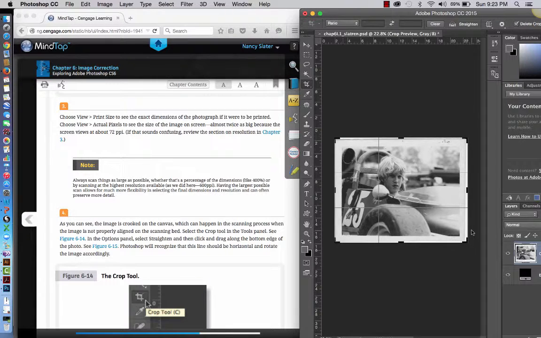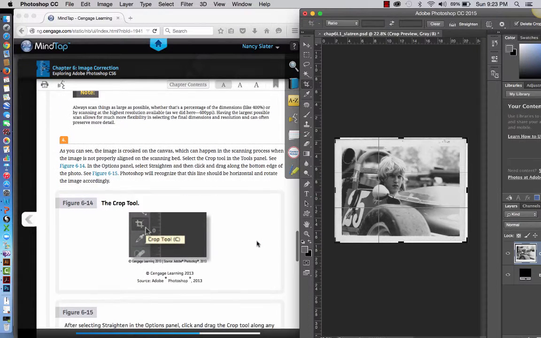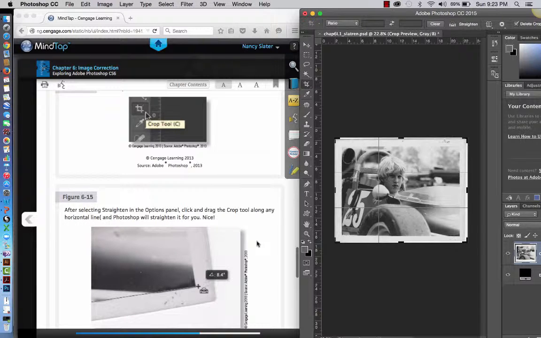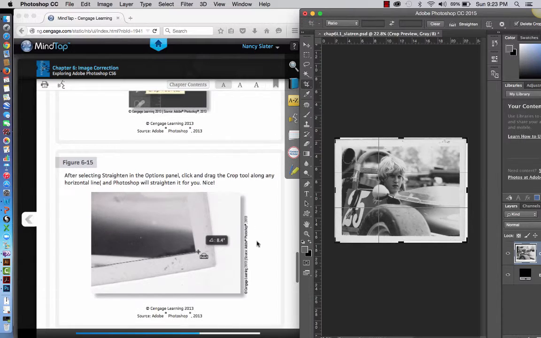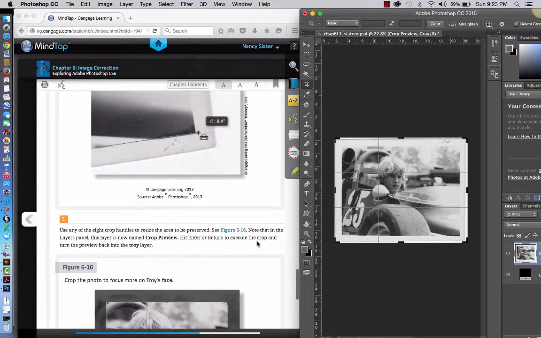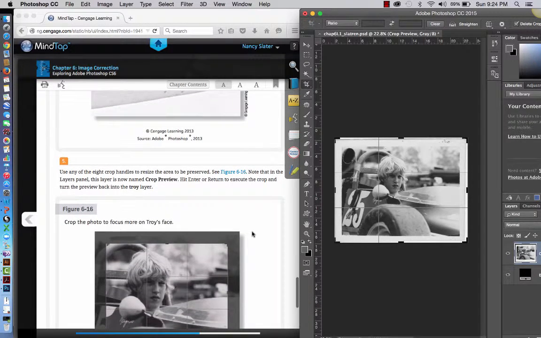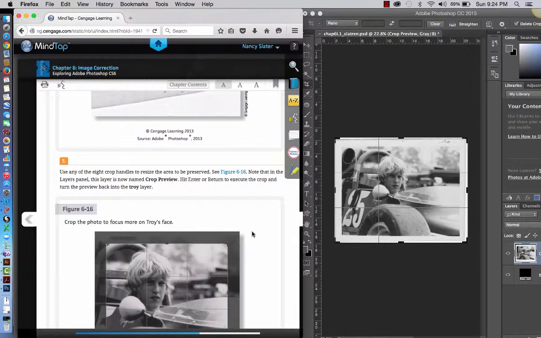Now Photoshop's going to recognize that this line should be horizontal and rotate it accordingly, which is exactly what it did. After selecting Straighten in the Options panel, click and drag the Crop tool along any horizontal line, what we just did. And now you want to use any of the 8 crop handles to resize the area to be preserved. So you want to see figure 616, and you will also want to note that in the Layers panel,